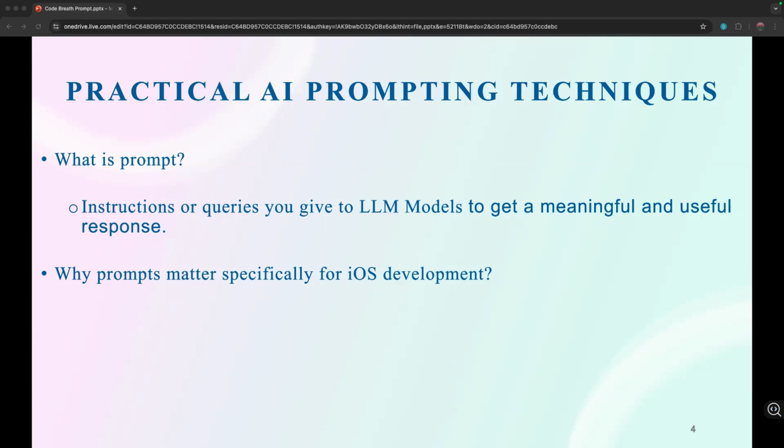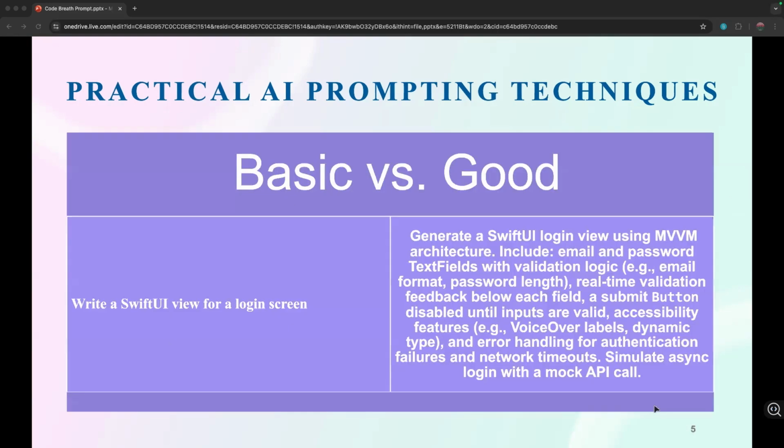Let me show you an example of what I'm trying to convey. Whenever we write a prompt, we give it to ChatGPT. When I started, I was just writing a normal one: write a SwiftUI view for a login screen.